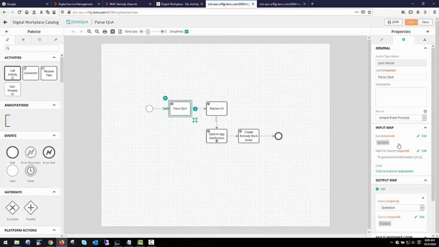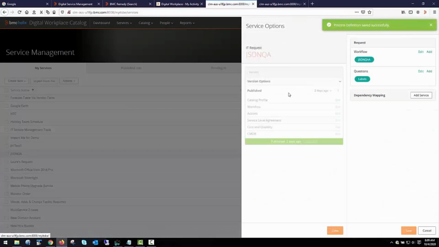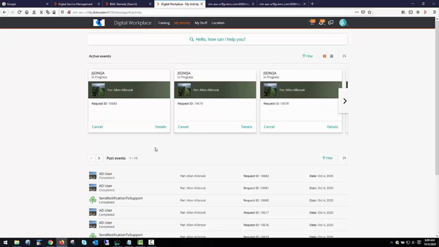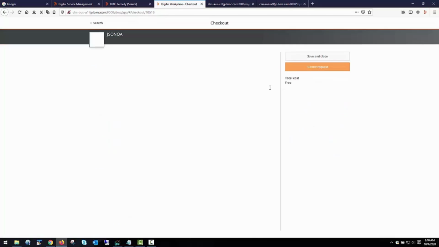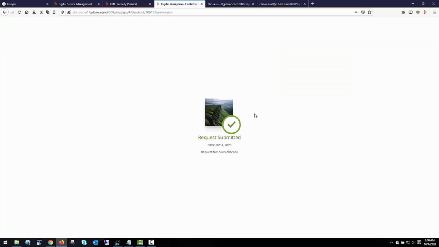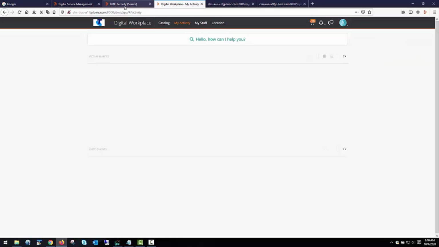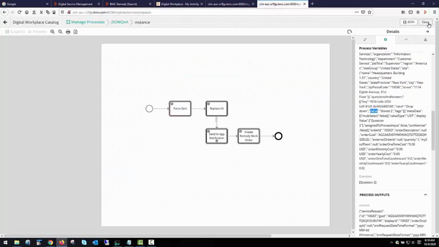So if we come back in here to the workflow, and we simply replace that with value, we then come back into DWP, we request it again. We're going to do question 2 the same as before. Now though, when we go back to ITSM and we search for this, we see that stored to has now been passed. So if we go to the report for this,